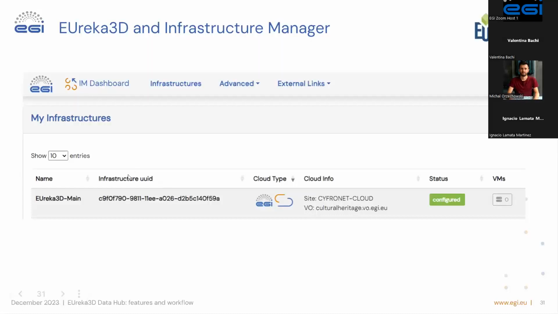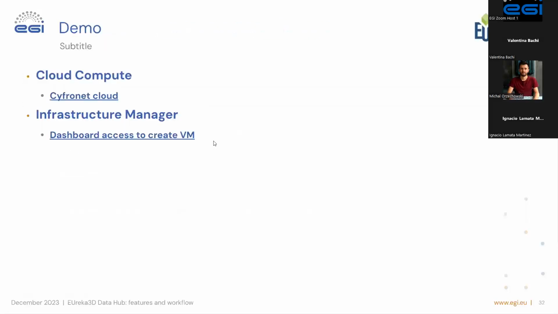One good thing about this is that Infrastructure Manager not only works with EGI, so you can deploy on the EGI Federation in any of the cloud compute providers we have, but you can also use private companies like Amazon or Google Cloud or Azure. So it's something that is ready, so you can create your templates, automate it, and use it in either cloud. There are a lot of clouds that are supported. So to give you an overview,